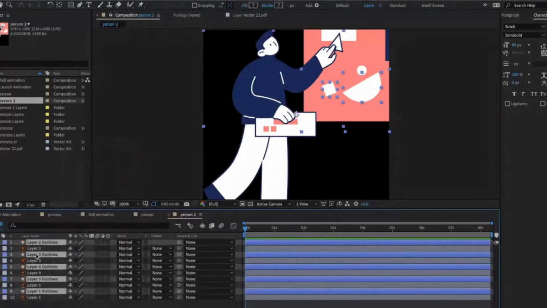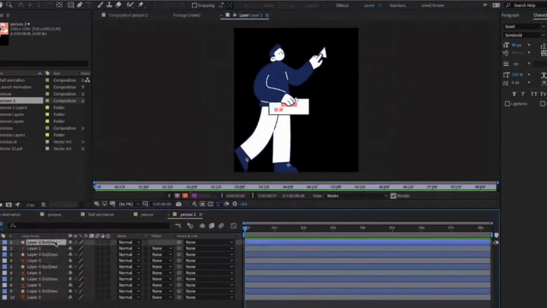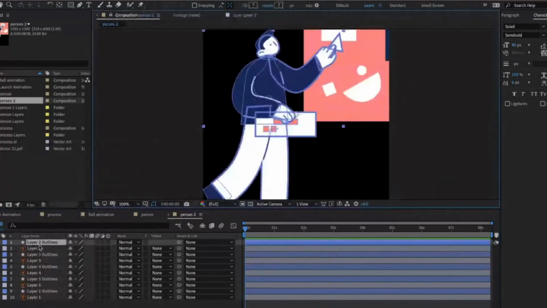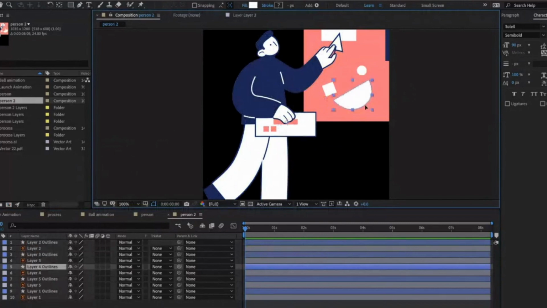What this has done is it's actually duplicated those layers, converted them to vectors, and hidden the original Illustrator layers. The original Illustrator layers are still connected live to the Illustrator file. So if you want to change the shape or the color of one of these components on the Illustrator side, you can change that, save the Illustrator file, this one will update, and then you can reconvert it to a shape layer. But now each of these is a separate vector layer, so you can see the vectors there. You can even manipulate the vectors in After Effects.